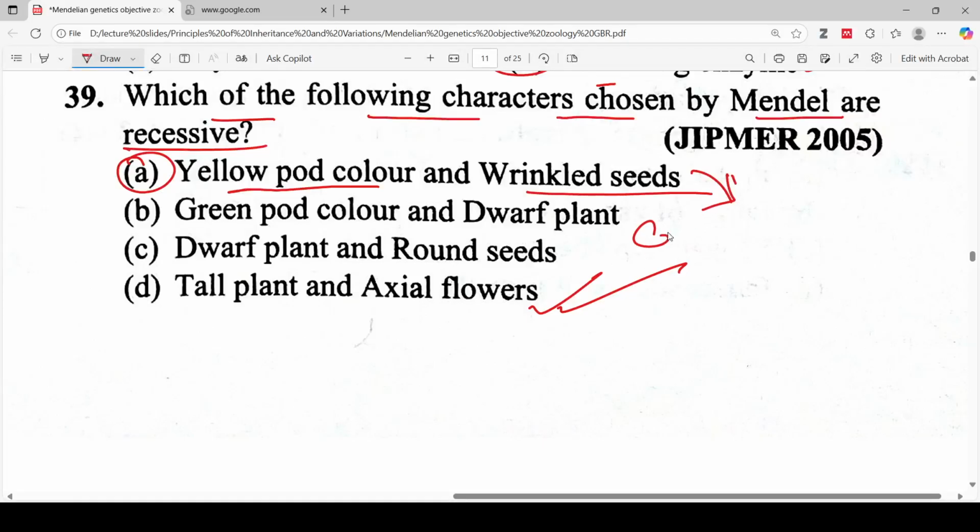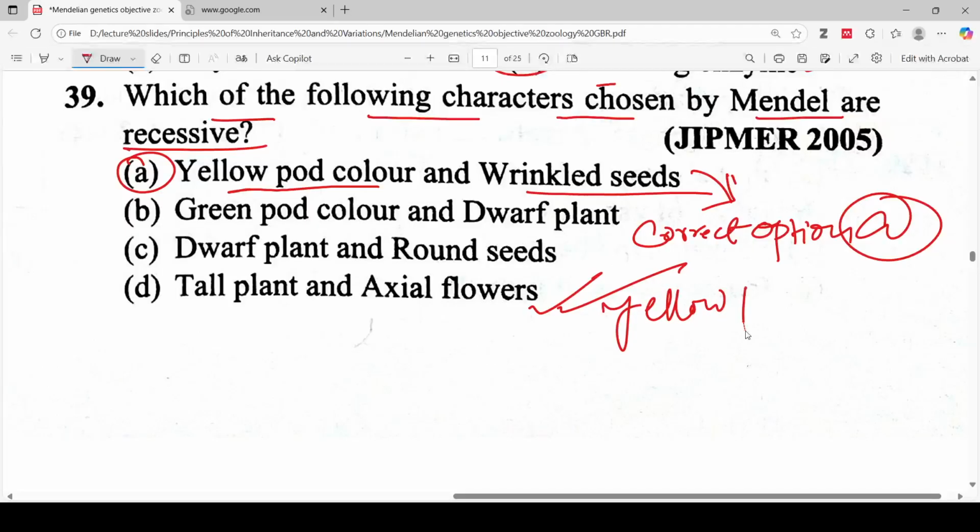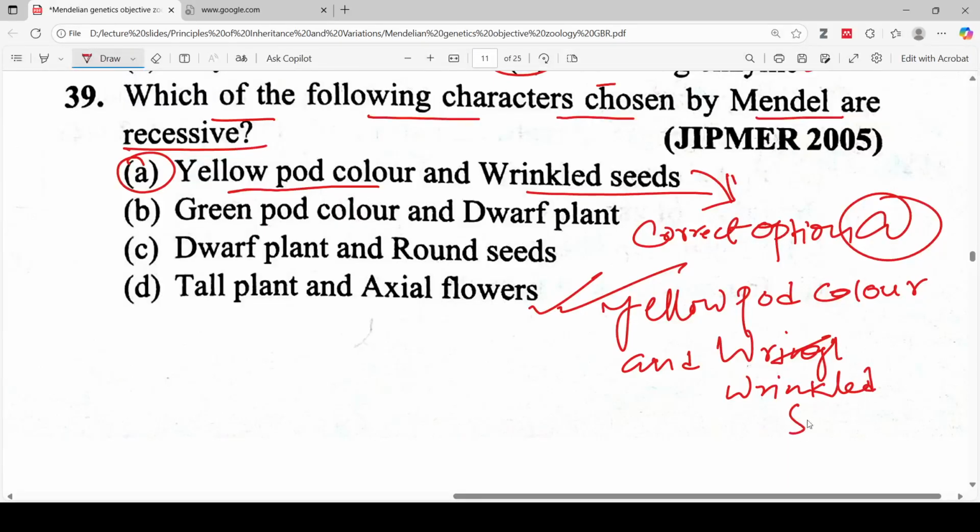So the correct answer is option A, yellow pod color and wrinkled seeds. So next question